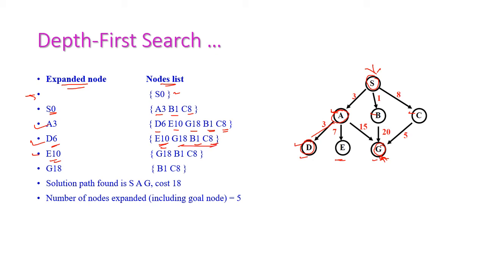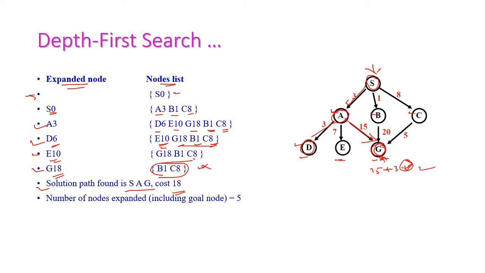After that the remaining nodes are there, and the same thing will come here. After that the goal node G is there. What is the path cost of this goal node? 15 plus 3. Once it reaches this goal node, it will not consider the other nodes. So the solution is S, A and A to G, and the path cost is 15 plus 3, 18.